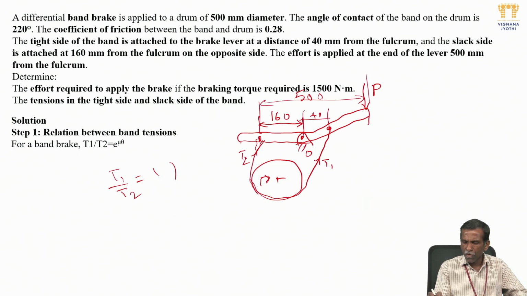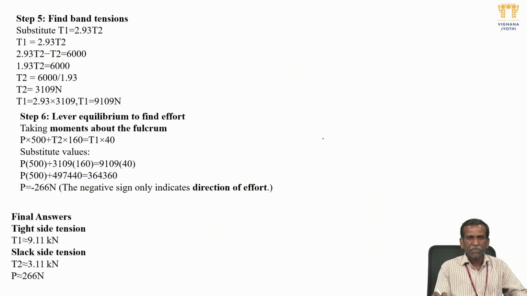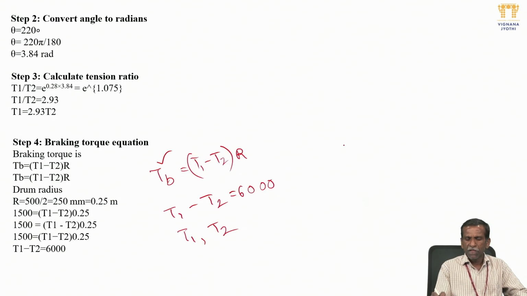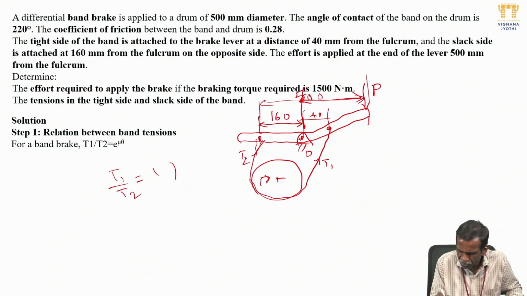You can see now P into, about the fulcrum. What is the distance? This lever length is given from the fulcrum. That is P into 500. Okay, P into 500, about the fulcrum. Actually this is the 500 given, this is 500 lever length. You need to take this arm first. P into 500